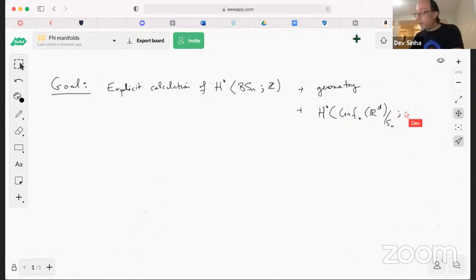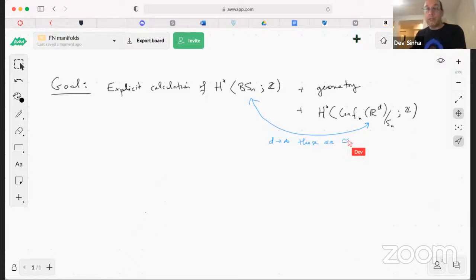Again, with Z coefficients. So the point is that as D goes to infinity, these are the same space because the configuration space becomes contractible. Its first homotopy group is basically D minus 1. So as D goes to infinity, these are